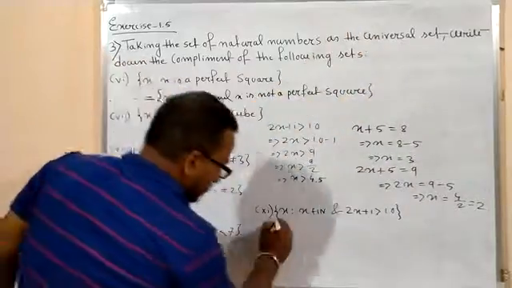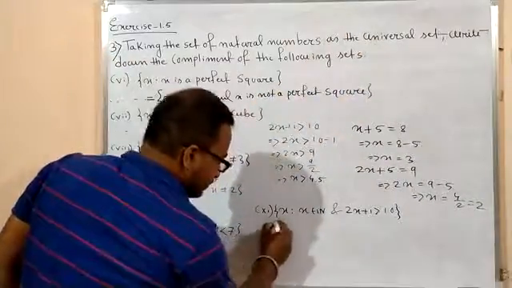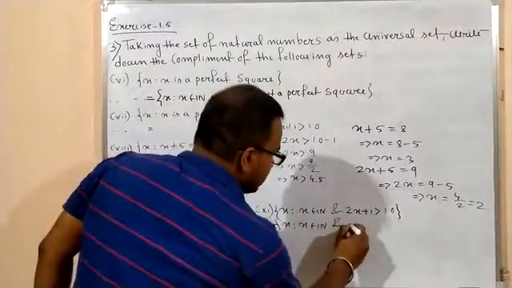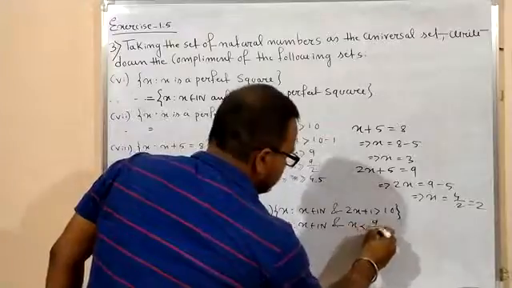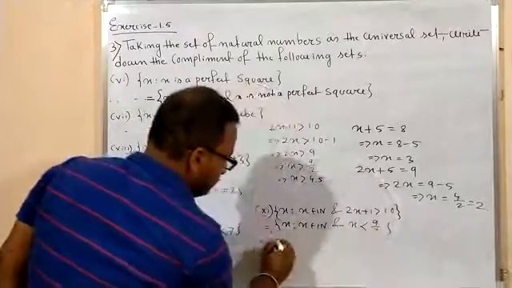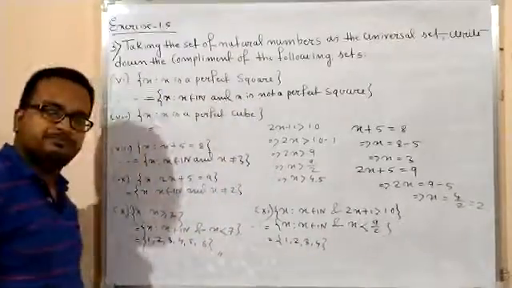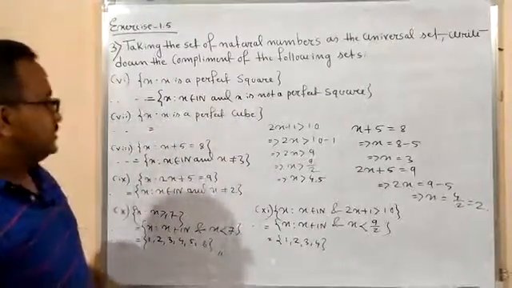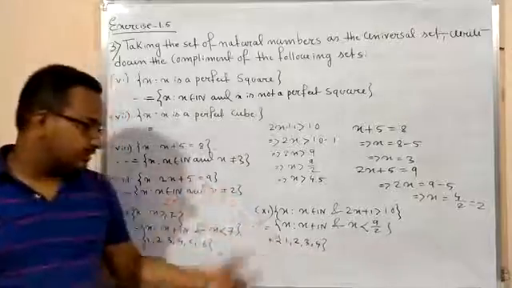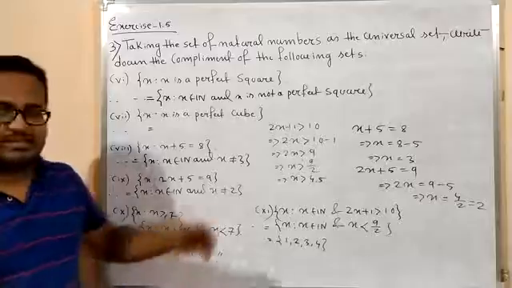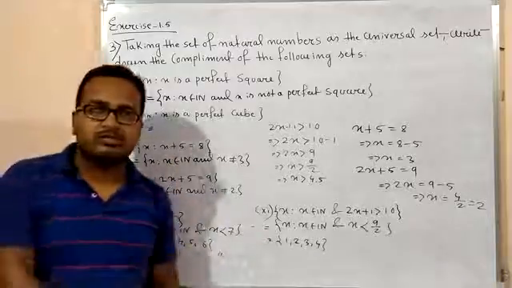Okay? So we can write it. The complement of the given set equals to x such that x belongs to N and x less than 9 by 2. Right? And the set will be what? 1, 2, 3 and 4. Done. Okay? So things are very easy. You just practice it 1 or 2 times. You will get it. So let us solve the next problem. So before that, pause the video and note it down.